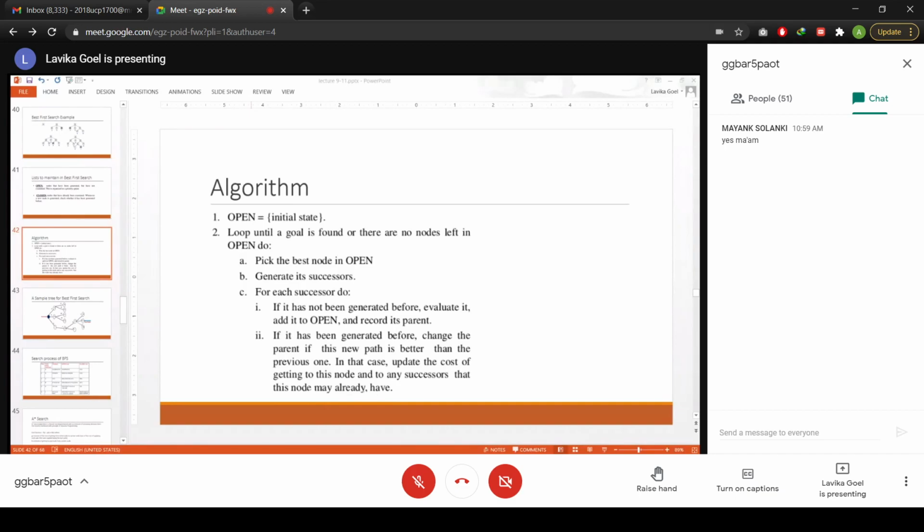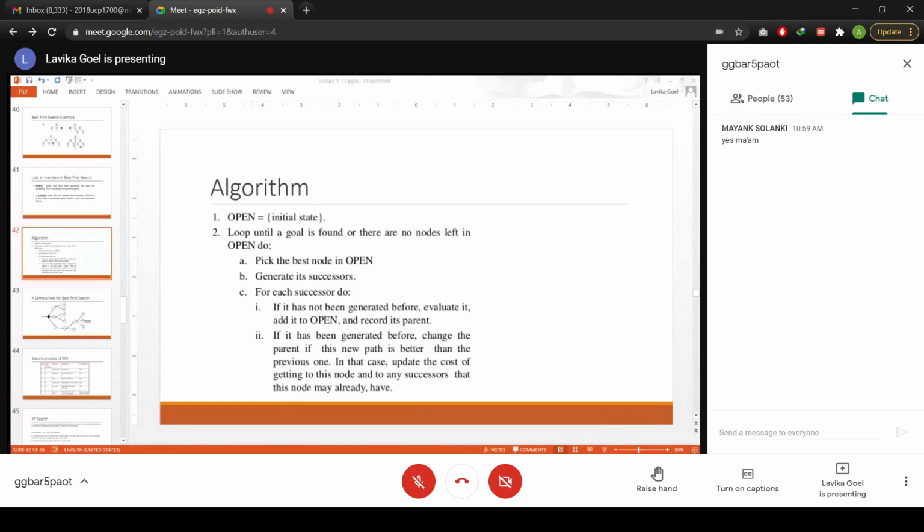So in order to take into account which path is better, we introduce another feature in the cost function. That feature is that we also consider the path from the initial state to the current state. So if the path to the new node is better, that means the cost of getting from the initial state to the current state is less than the old path. Then we will consider the new path, and we will make the new path the best path to that node.